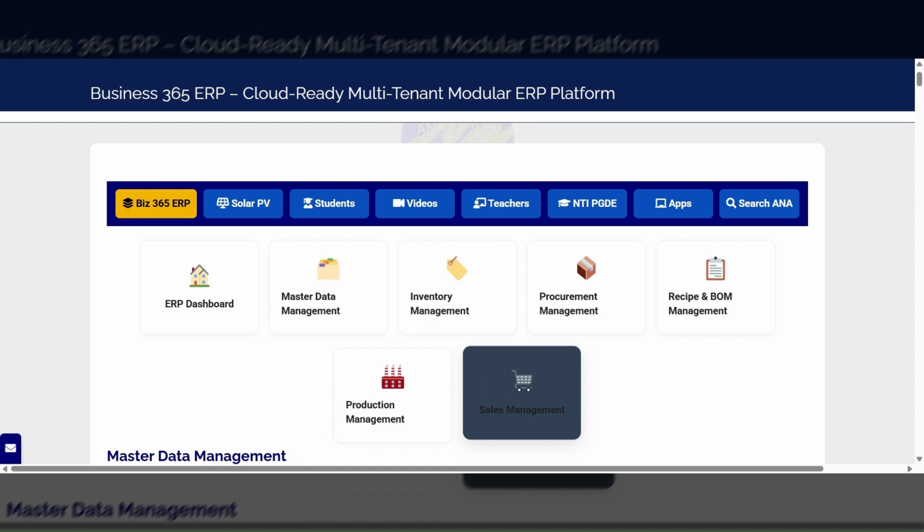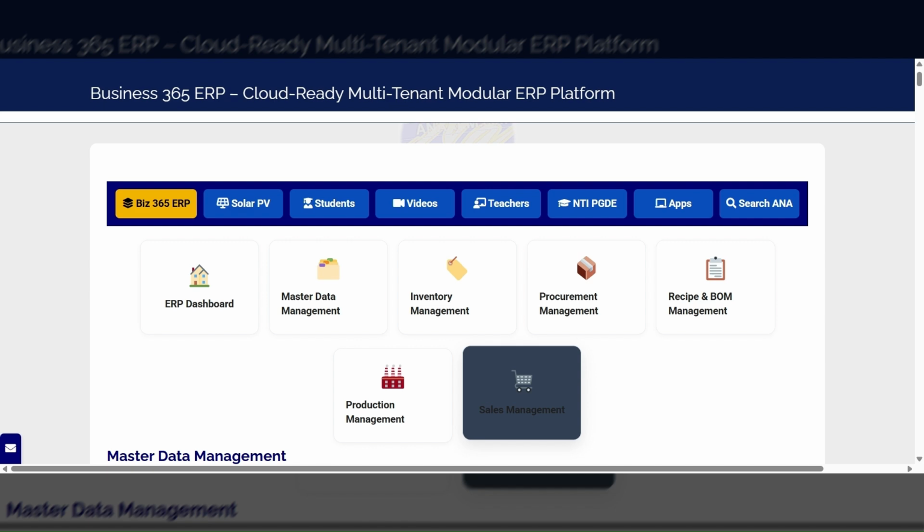This ensures your business benefits from improved productivity, fewer manual errors, real-time reporting, better inventory control, and more informed business decisions. Beyond automation, ANAARM Business 365 ERP operationalizes two of the most important concepts in every successful business. They are: one, data flow,